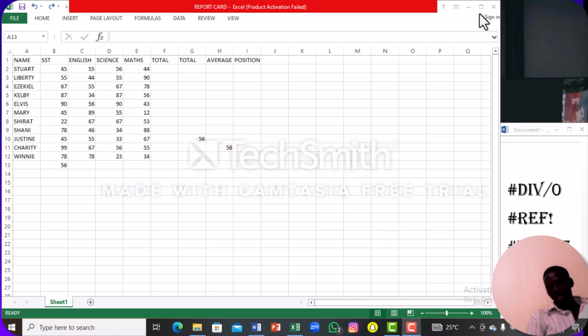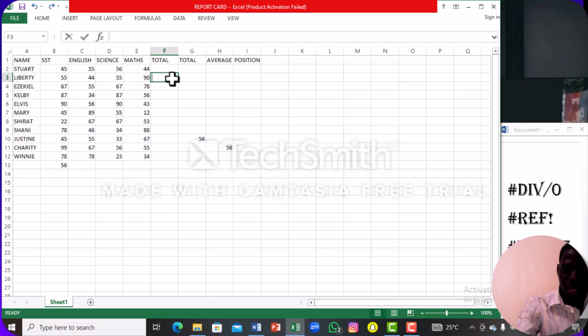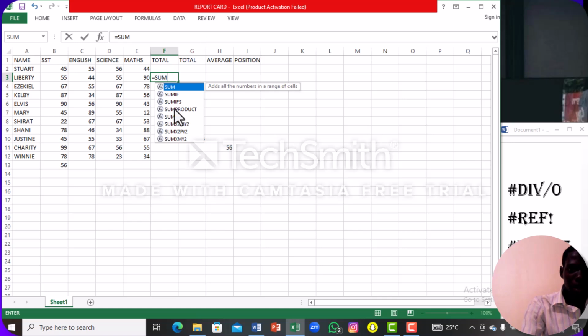So the next one will be the value error, and this one is brought about when you put a wrong argument in a formula. So let's say you are calculating this total. It comes about when you include a cell with non-numerical values. Remember, when we are doing this, you include only cells that have numerals. But let me say you are saying equals, then you put your function SUM, then you get this cell,